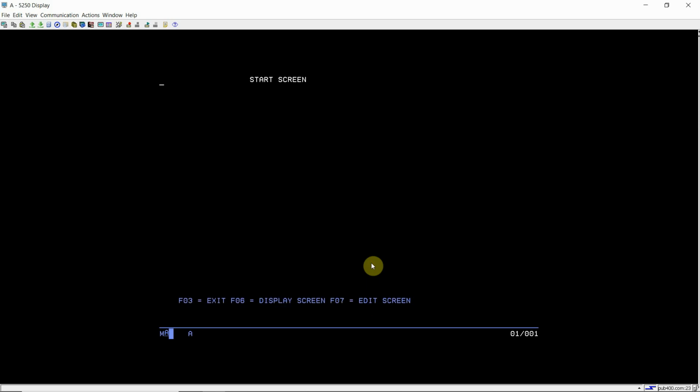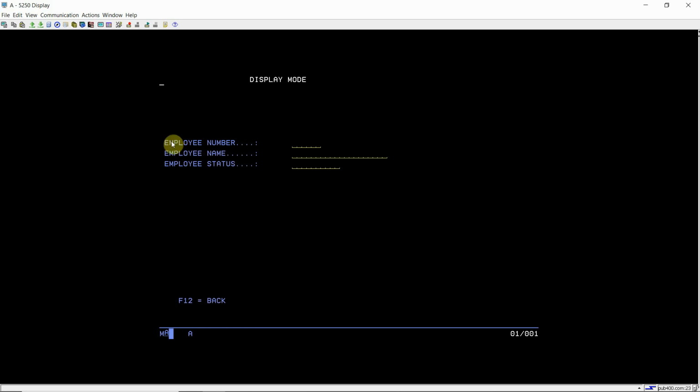Call PGM7. If I press F6, you can see that display mode is open, and you can see the employee number, employee name, and employee status. Here I try to insert, but the cursor is in protected mode.